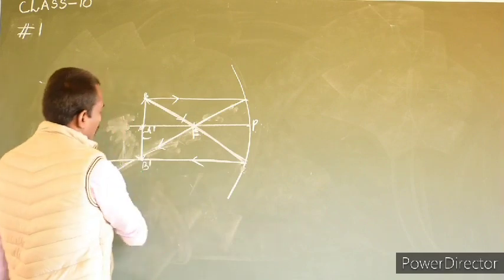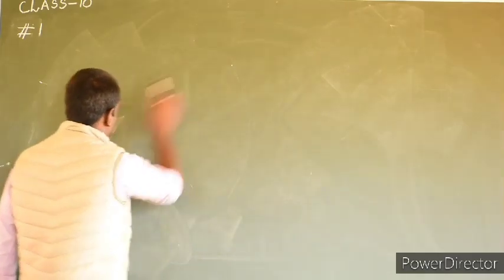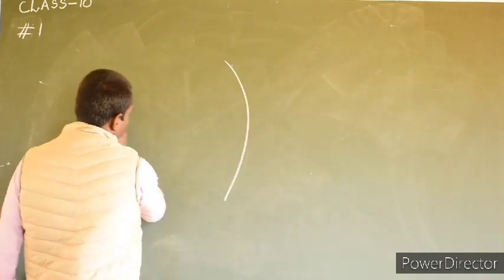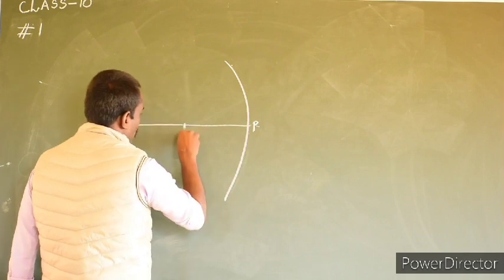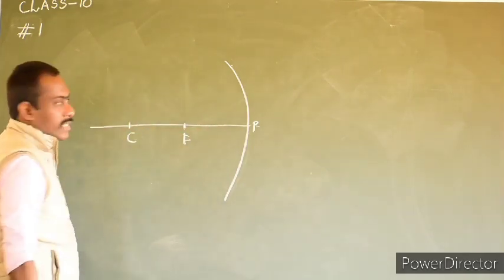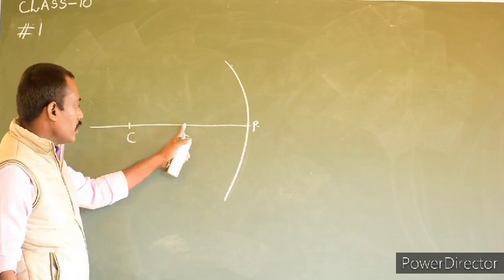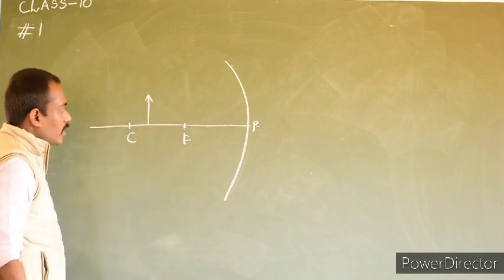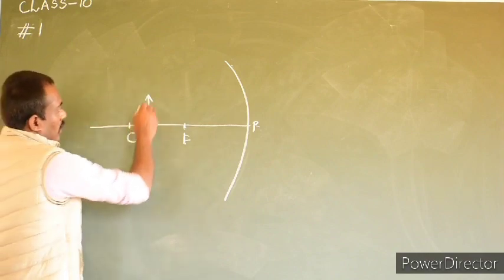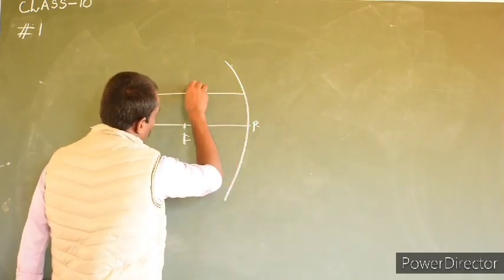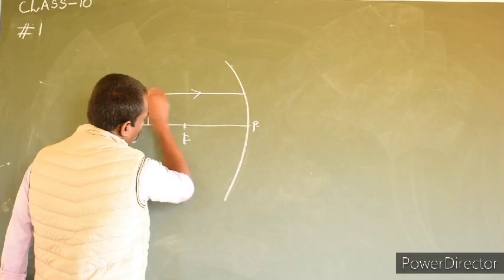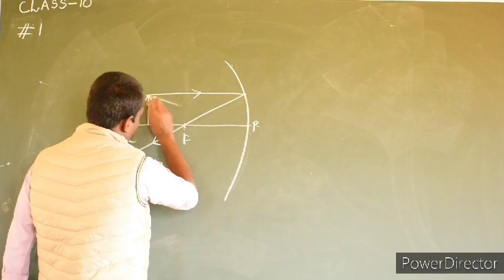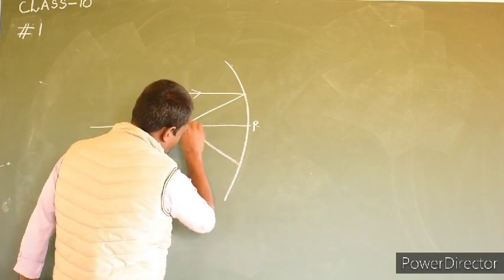And now the third case, when the object is kept in between C and F. So if the object is kept in between C and F, where do we obtain the image? So we consider the same rays of light. Okay, one is parallel to the principal axis and another one is passing through the principal focus,